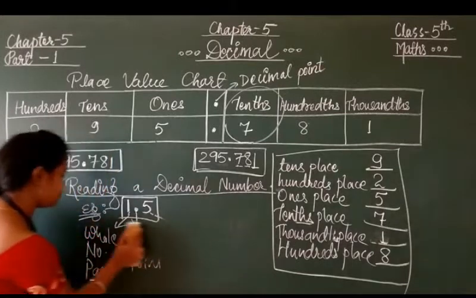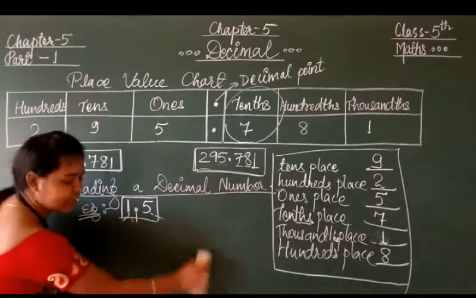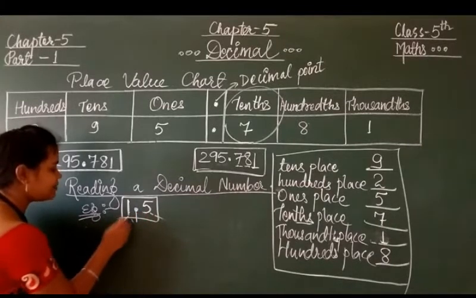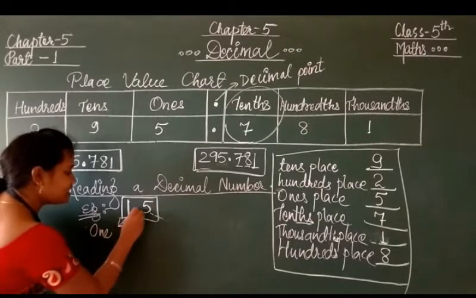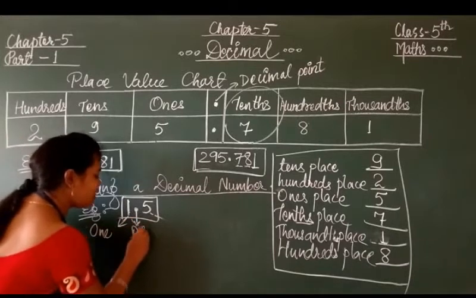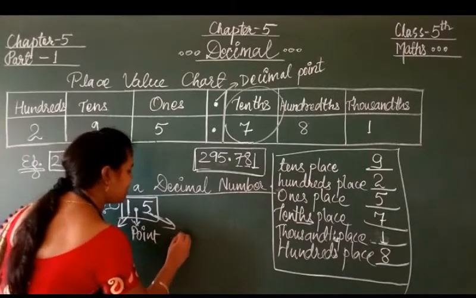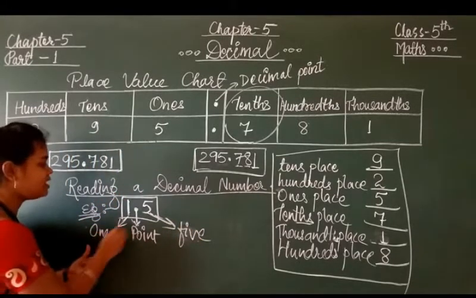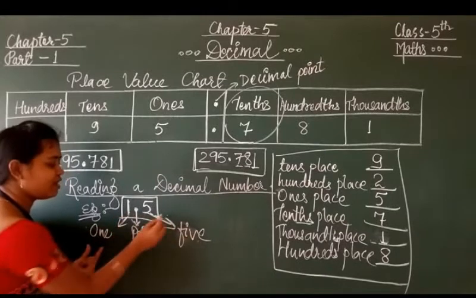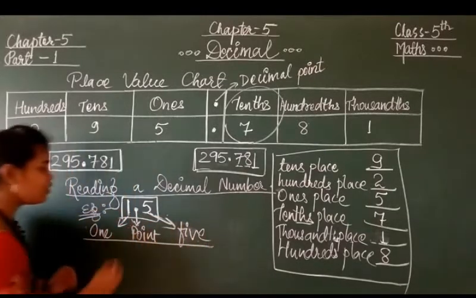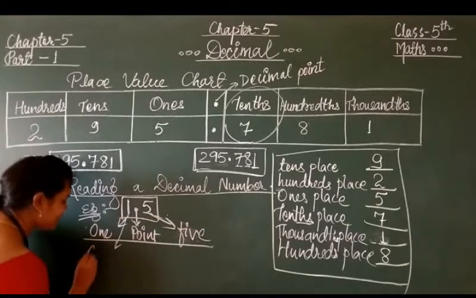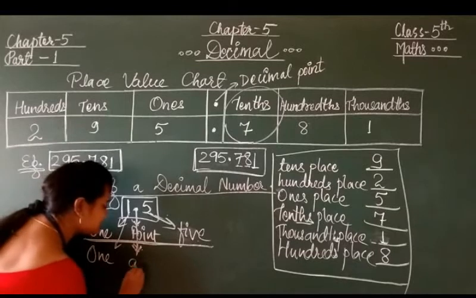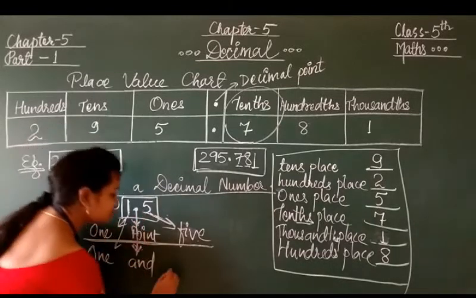So students, after knowing this, we should know how to read it properly. Okay. So 1.5. So 1, as I am telling you, we can read as 1. This is point, we can read as point. And this is 5, we can read as 5. So this is one way to read 1.5. So 1.5 we can read as one point five, or this can also be read as 1, and this is 5. So we will write